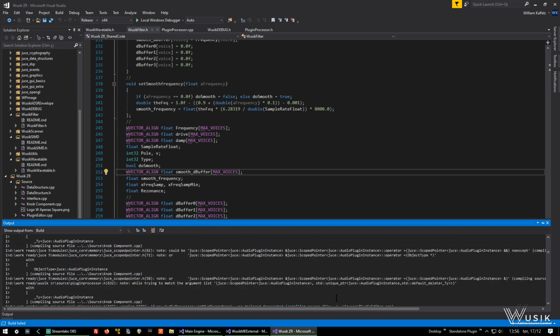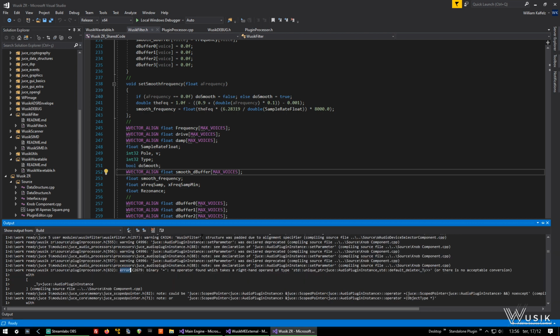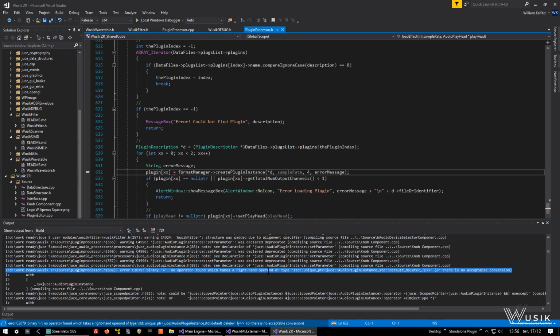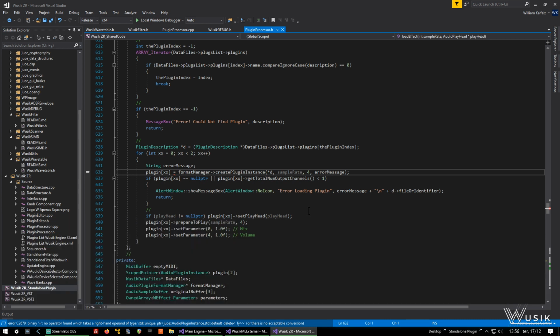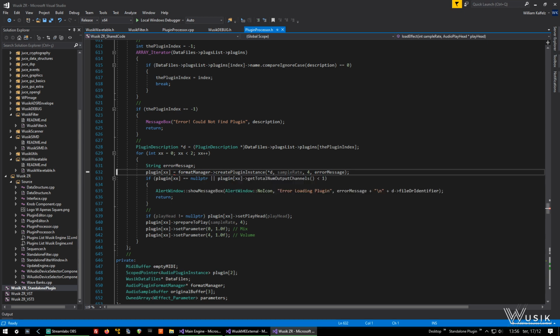Bunch of warnings. Where's the error? They changed something in the JUCE framework. Yeah, I remember that. I have to fix that, but